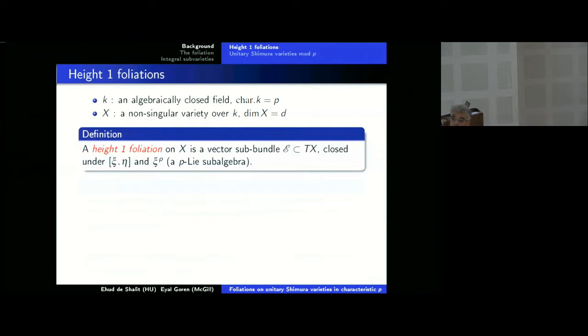So you have its p-th transform, X^(p), so you can imagine X being given by some equations, and X^(p) by the same equations with the coefficients raised to the power p, and then you have the relative Frobenius